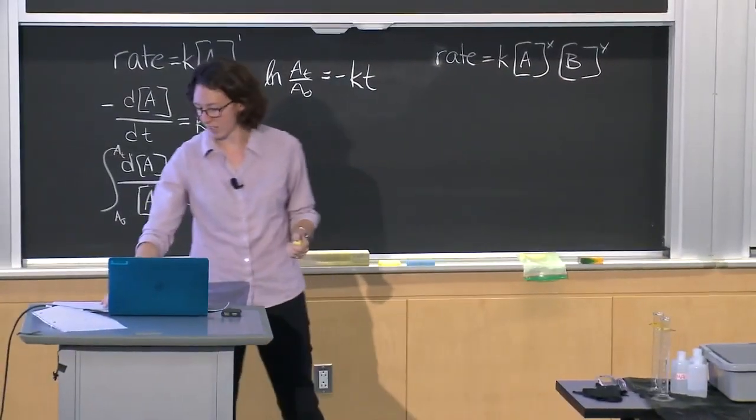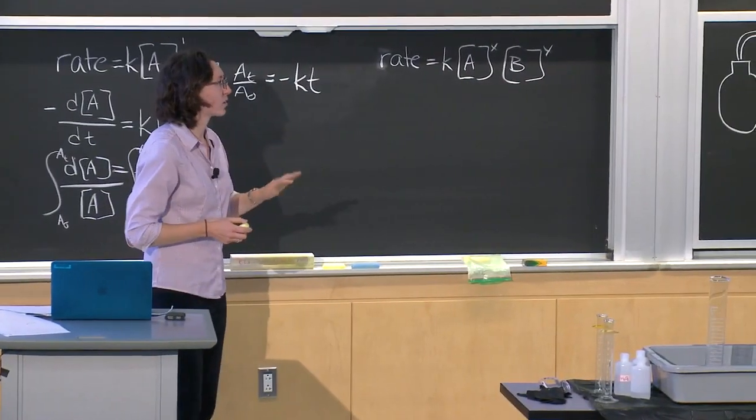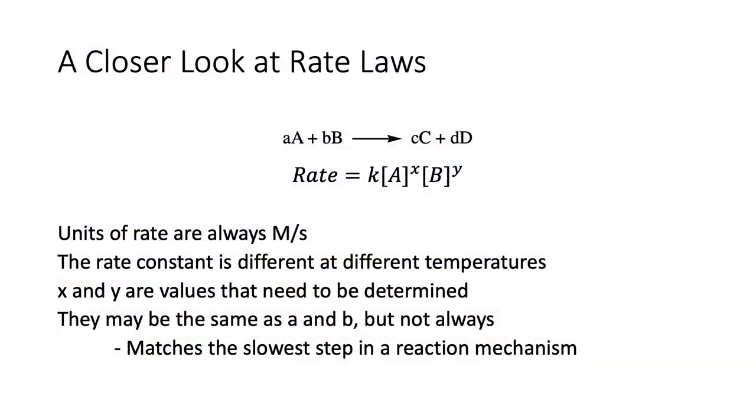All right. So now we can take a little bit of a closer look at the rate law for just a normal chemical reaction. And pretty much the most important thing you want to know about this is that the units of the rate are always moles per liter per second. So whenever you are trying to calculate a rate constant, you want your units to line up. So